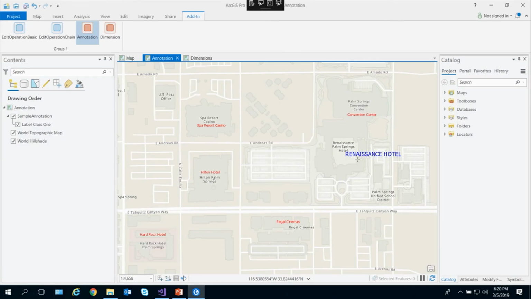So you can see now that this particular annotation feature has got blue text. It's now 58 font, and it looks considerably different from my little baby red ones. If I go and sketch over this particular one,